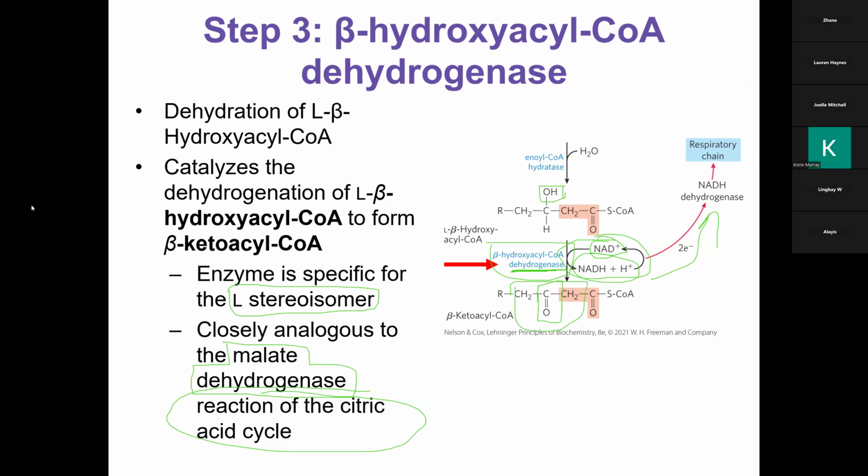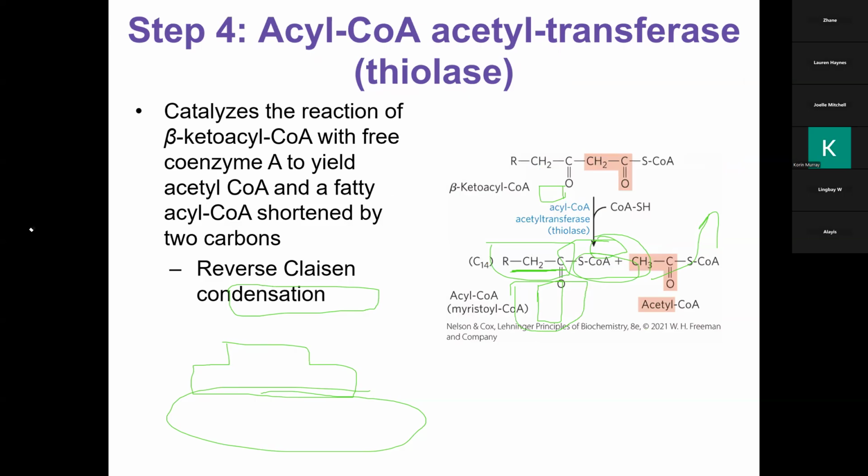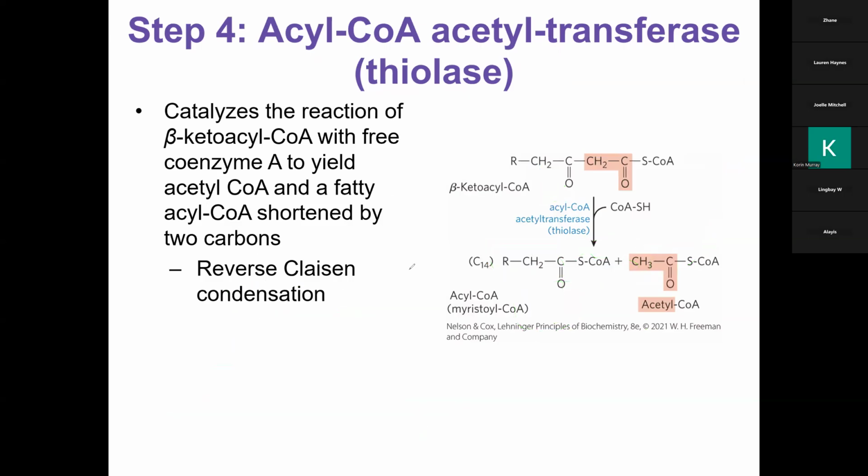And then the final step is cleavage by the thiolase, and you have this carbonyl here. That makes it possible. If it was a methylene group, then it'd be hard. But because it's these two carbonyls, especially this carbonyl here, you can get a cleavage here, and you then cleave this off, and this is acetyl CoA. And then a CoA can come in, and the SH is going to